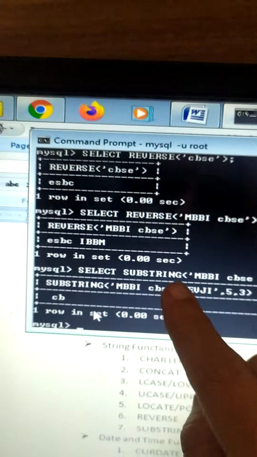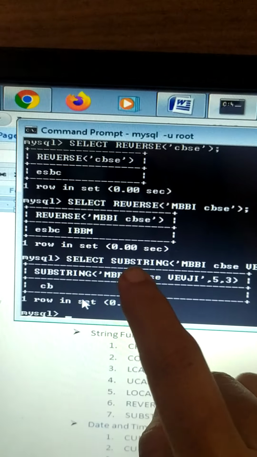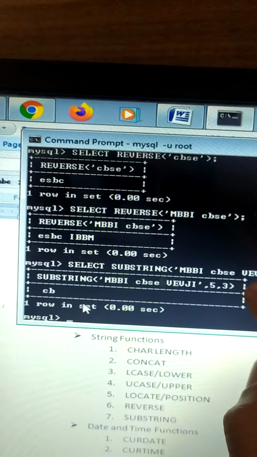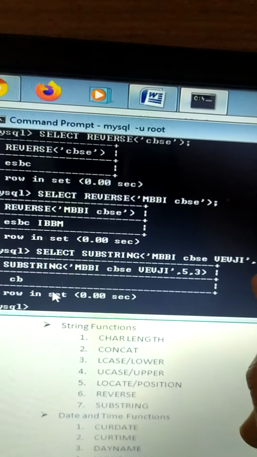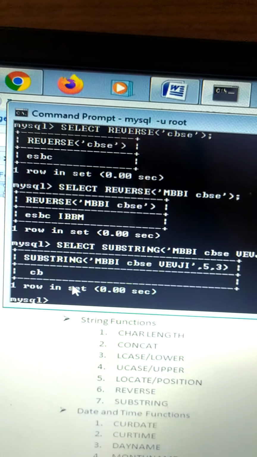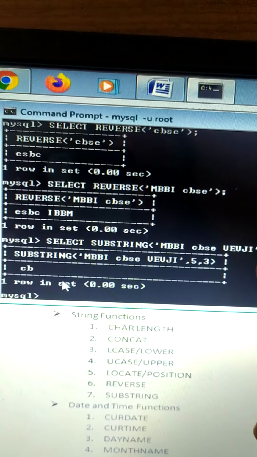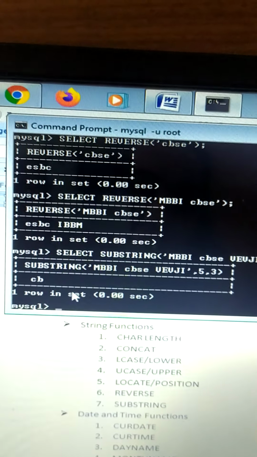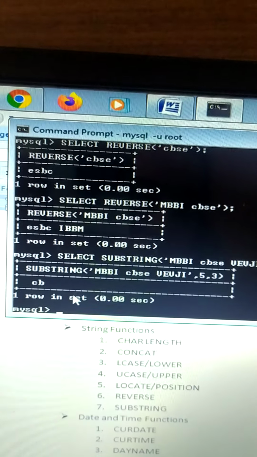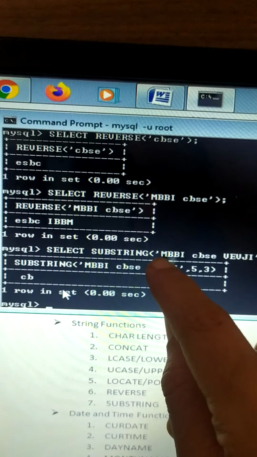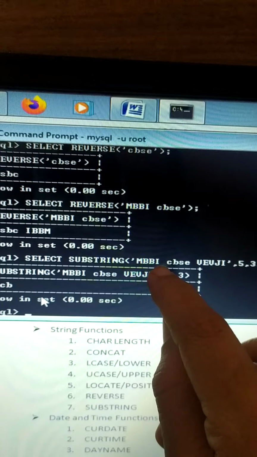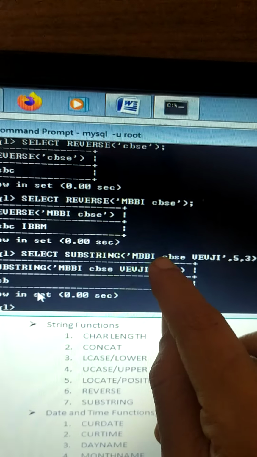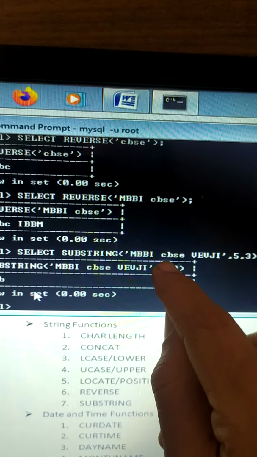Now what does this mean? Select substring. I have given the string and then comma 5 comma 3. That means at the 5th position 3 characters will be displayed. So 1, 2, 3, 4 and 5th is space, and that is why space, B and C is displayed.